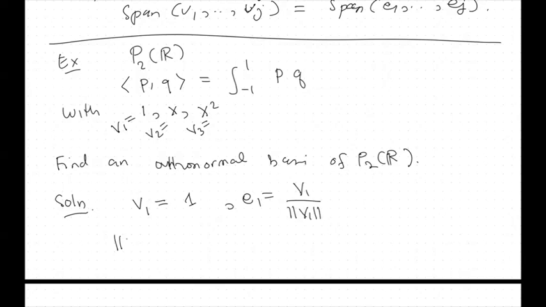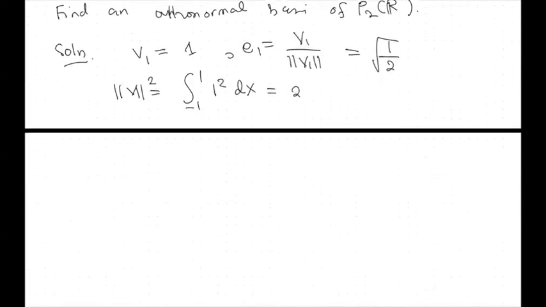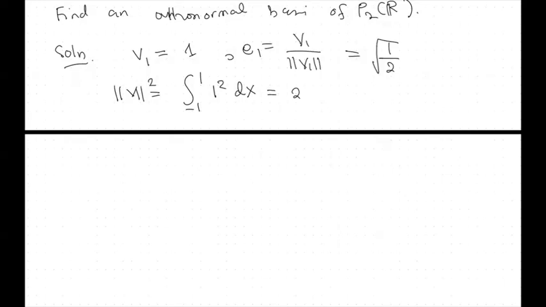Your norm of V sub 1 squared is just the integral from -1 to 1 of 1 squared dx, which gives us 2. And therefore, here it's just 1 over square root of 2. So this is our E sub 1. For E sub 2,